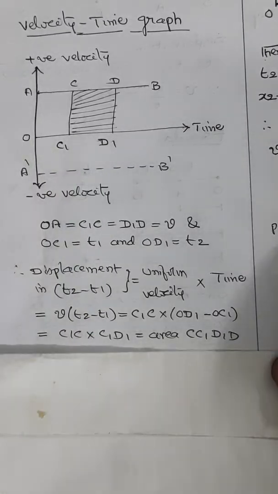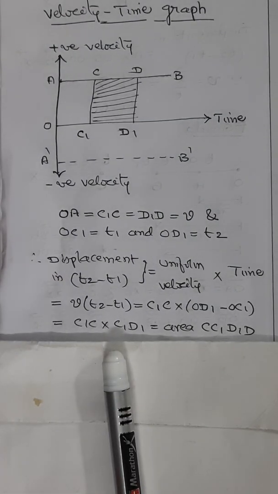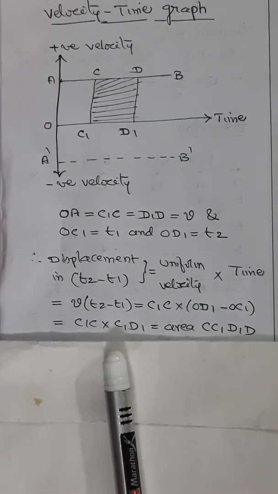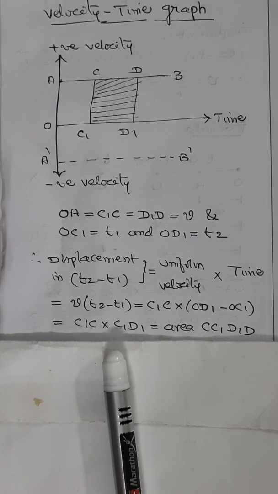Here we have to understand three important points from this graph. One is the importance of a velocity time graph of a uniform motion lies in the fact that it helps us to measure the displacement undergone by an object in a given time as the area enclosed by the velocity time graph with the time axis. Second point is the displacement of a body in a given interval of time is equal to the total area of the velocity time graph during the given interval of time, which is to be added with proper sign.